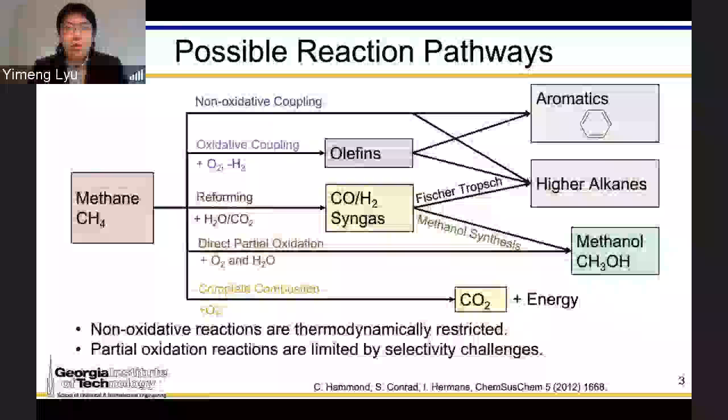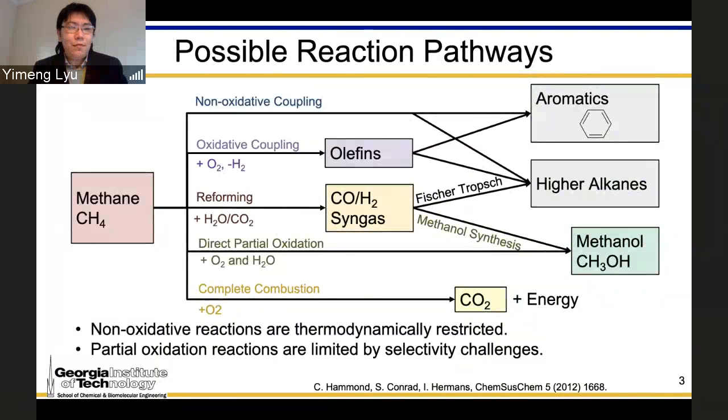So now we're going to explore a few possibilities for reaction pathways of methane valorization processes. First we can have the non-oxidative coupling, which gives us aromatics or higher alkanes. These reactions are selective, however, they often suffer from thermodynamic limitation and can only be operated at high temperatures. To remedy that, we might want to introduce oxidants. We can have the oxidative coupling of methane, which produces olefins, and olefins can be further upgraded to other products